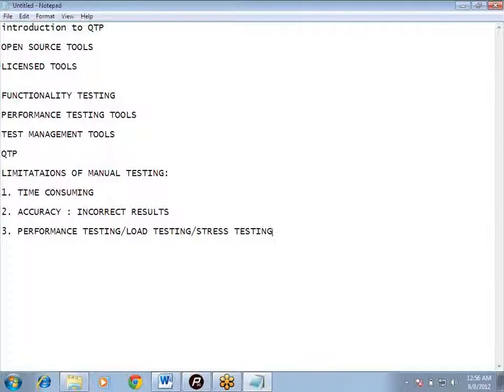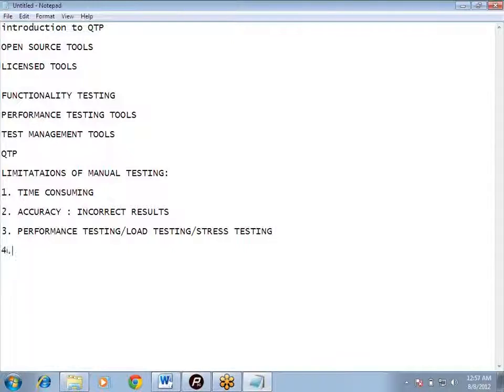Load testing is similar: testing the application under customer expected load. Stress testing is testing the application above customer expected load. That is, we increase the stress. What if more than 2,000 people are accessing the application? Is my application crashing or is it working fine? If it is crashing, then we can increase our server configuration, like these ESX servers that are available, we try to increase their configuration. For more details on these types of testing, you can visit my manual tutorials or manual videos on these. All these types of testing are discussed in great detail.